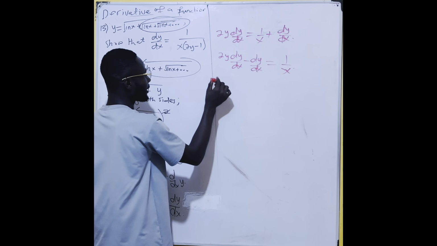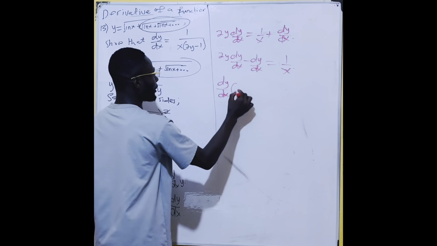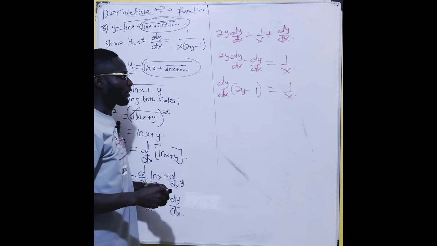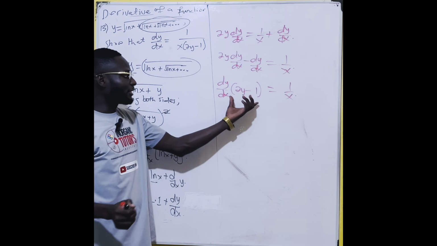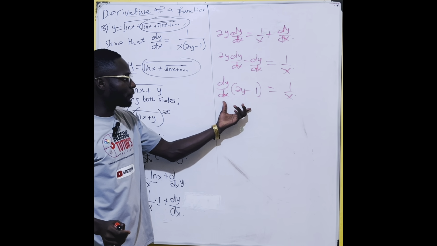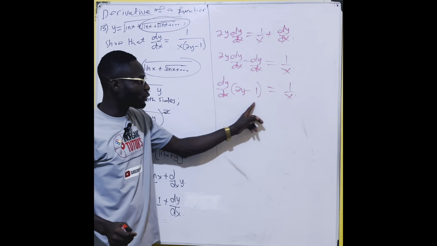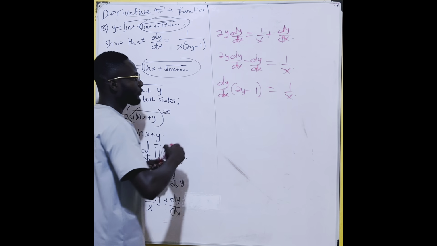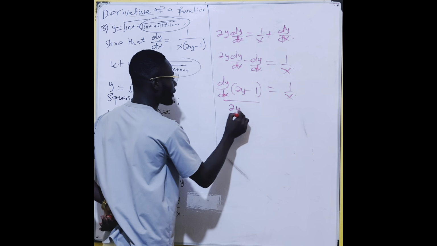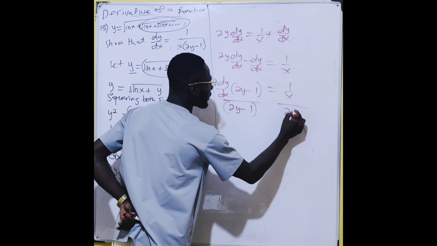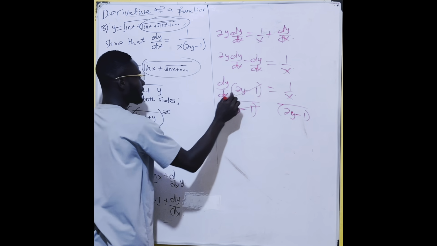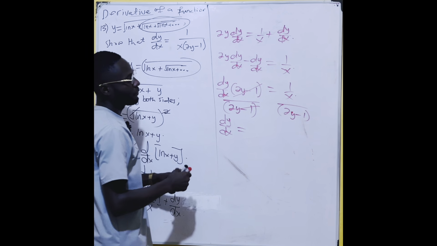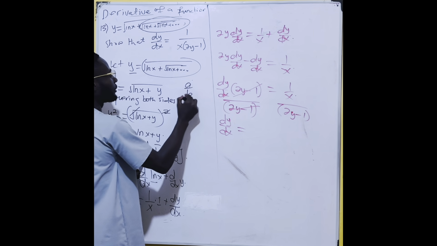So we factor dy dx out, then we have 2y minus 1 equals 1 on x. Okay, so now we are interested in dy dx. So what we do, we can divide through by 2y minus 1, right? So we are going to have 2y minus 1 here, 2y minus 1. So this takes off this, and we have dy dx equals, when you have a over b over c, then